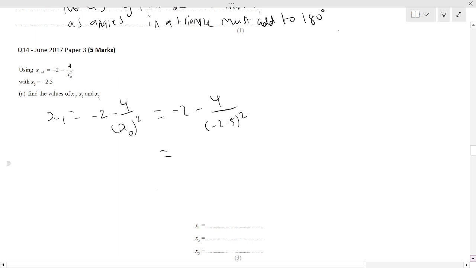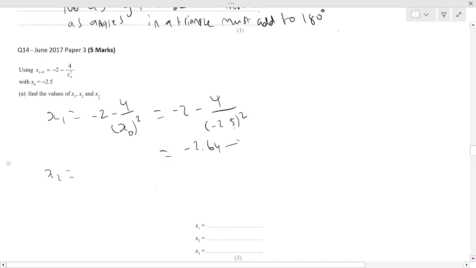That would be -2 minus 4 over -2.5 squared, and you get -2.64. Okay, then x2, again, you don't have to write this bit down as long as you don't have to show that you're substituting x1 in. You can just use the calculator again. However,